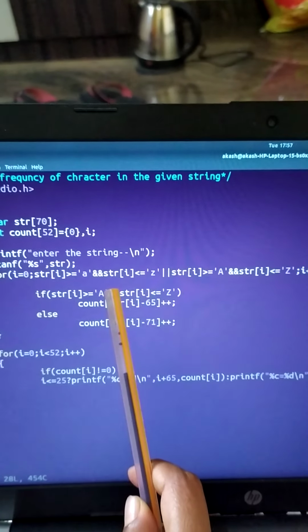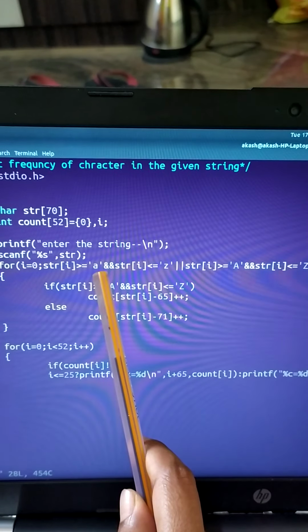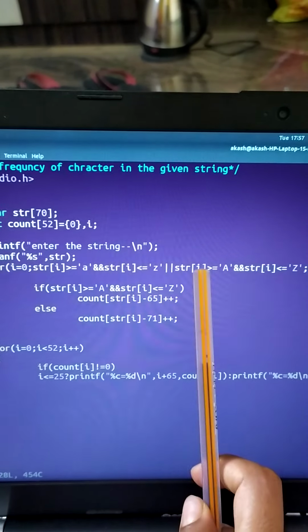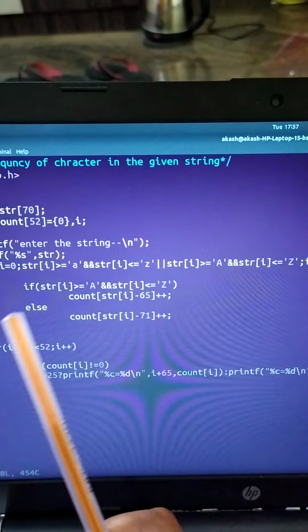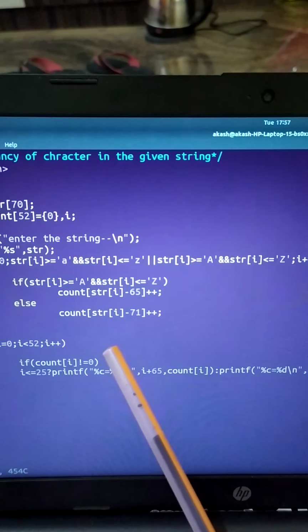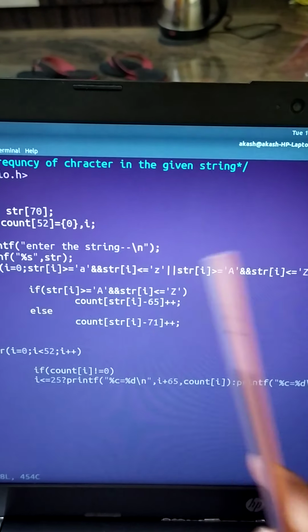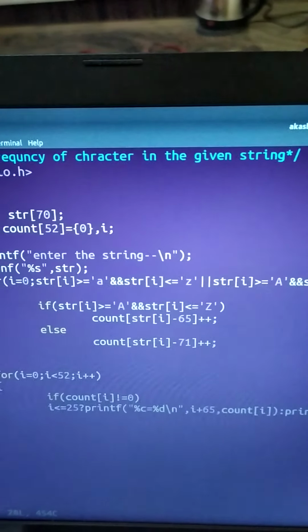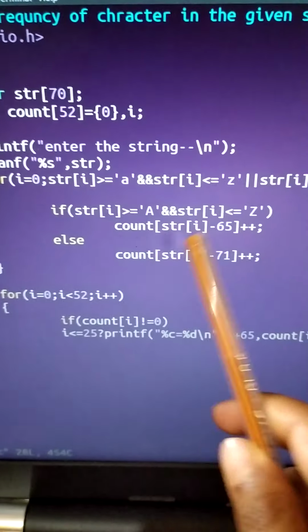This condition is satisfied only for the alphabet characters, that is small a to small z and capital A to capital Z, not other characters like alphanumeric characters or special characters. It allows only alphabet characters. And I will show you the rest of the code one by one.